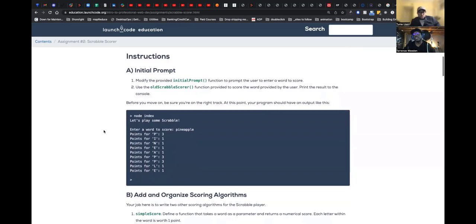So here's our instructions. Here's part A, the initial prompt. Now we got to look at the instructions here. Modify provided initial prompt function. So we gave you this